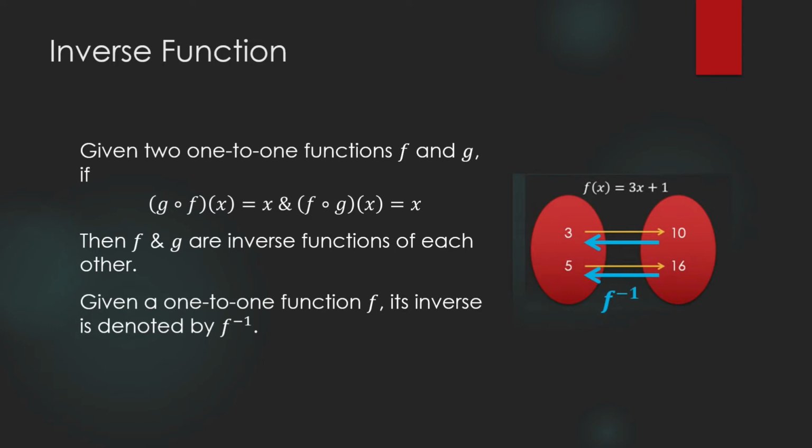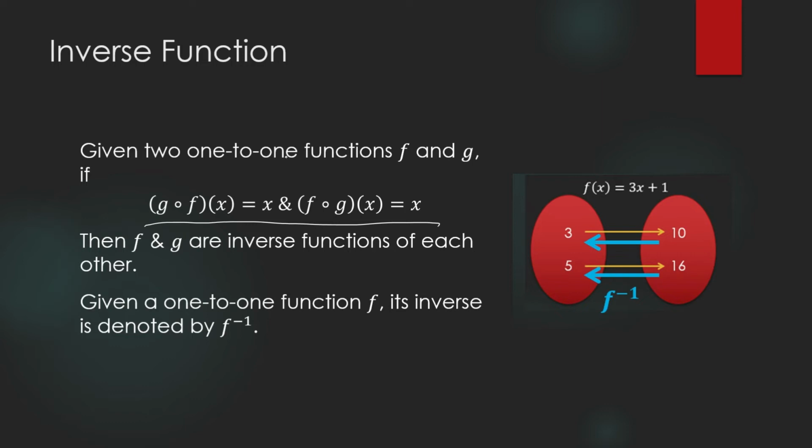So a function composition, okay, G circle F and F circle G, they are a sequence of functions, okay? So what you do is you apply F on X, and then you apply G on the result of F of X. So it's a sequence of functions that you apply to X, then to the result of F of X. What this definition means is if two functions, G and F, are inverse functions of each other, when you